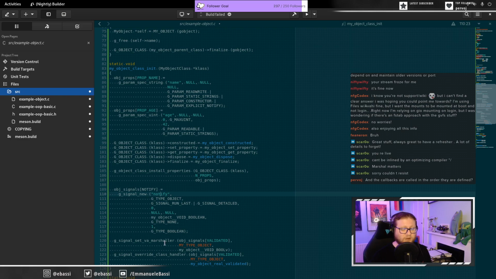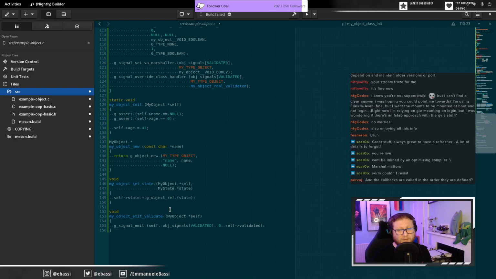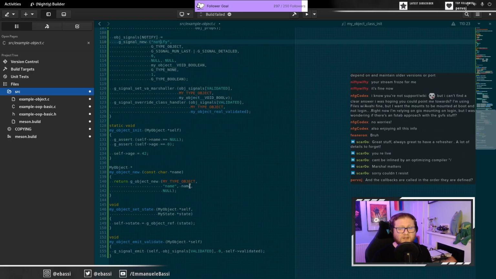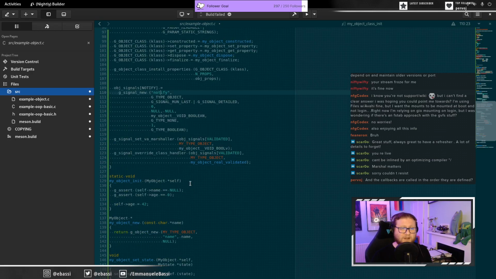For instance, if you're writing, I don't know, a proxy object that basically proxies the state of one object to another object. But most often you will probably be interested only in a specific subset of the properties of an object,